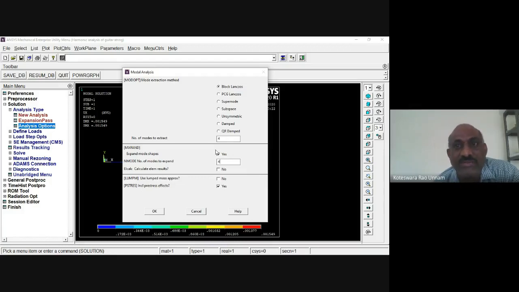Like that, as per our requirement, we enter the number of modes or frequencies required. Next, here you have the mode extraction method. This is a solution technique. We did not discuss it in detail in our vibration course; we discussed it only somewhat. These different methods are available to compute the modal frequencies. Whatever the default is, we'll keep it as the default. The only thing is you need to turn on the pre-stress effects and enter how many modes you want, which I entered as 4.